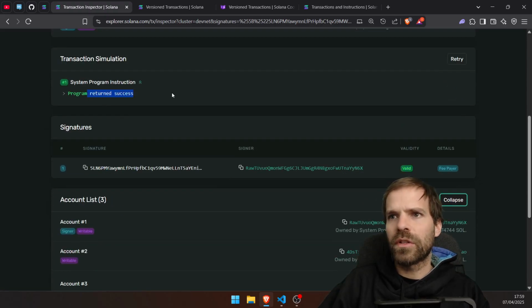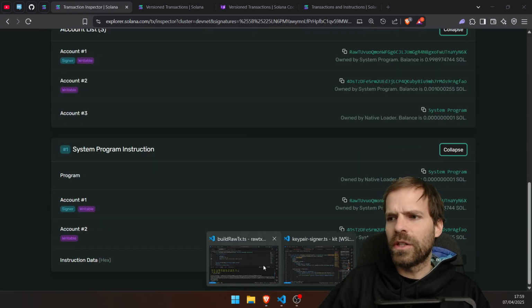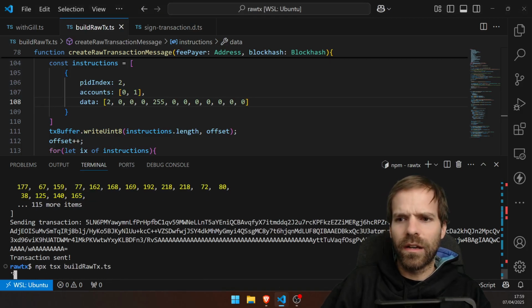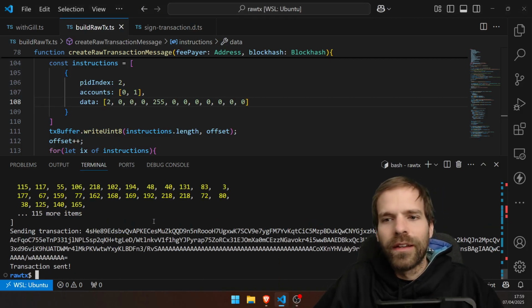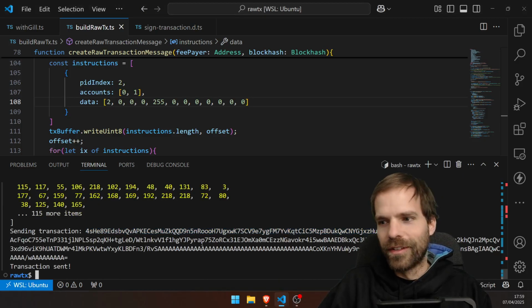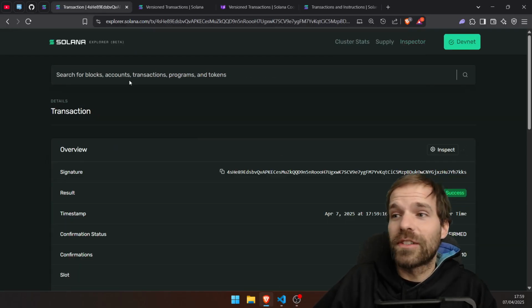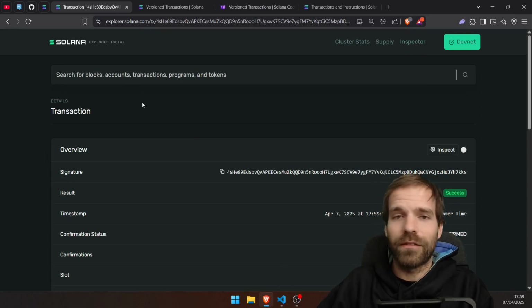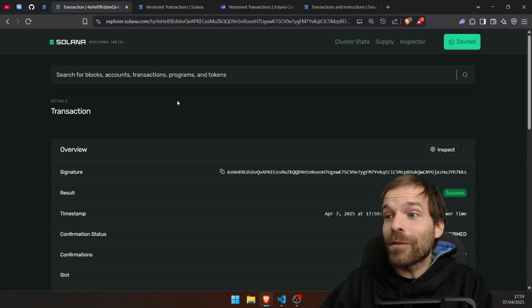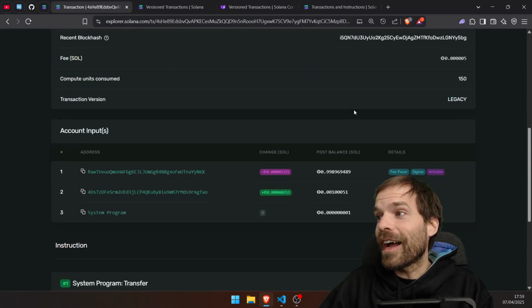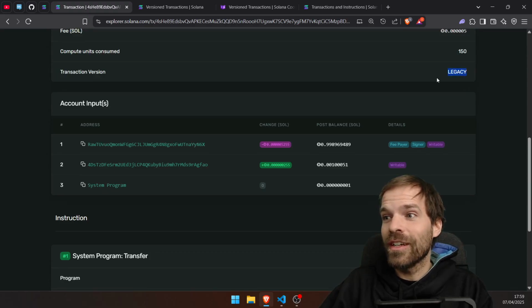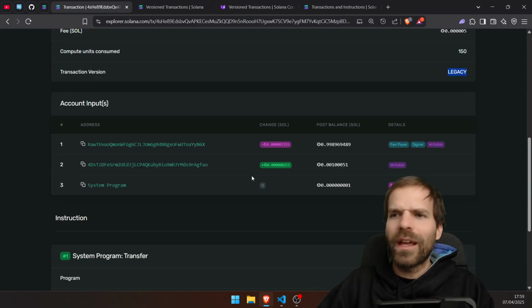The simulation returns success. That's weird. I'm just going to try it again. Because I'm not confirming, I don't actually know if it's successful until I check here. Oh, this one is successful. So maybe it just got lost by the RPC, or my connection was bad or whatever. But yeah, it works. Look, I can send a legacy transaction, a call to the system program, and I could